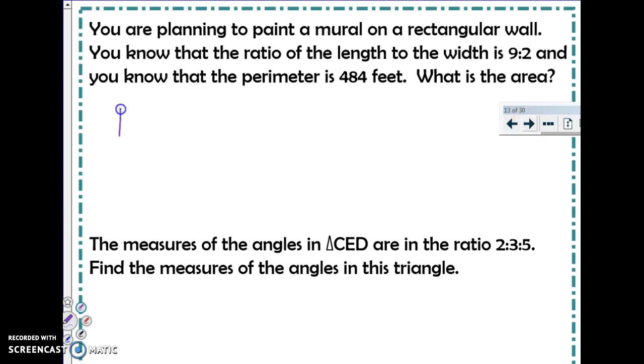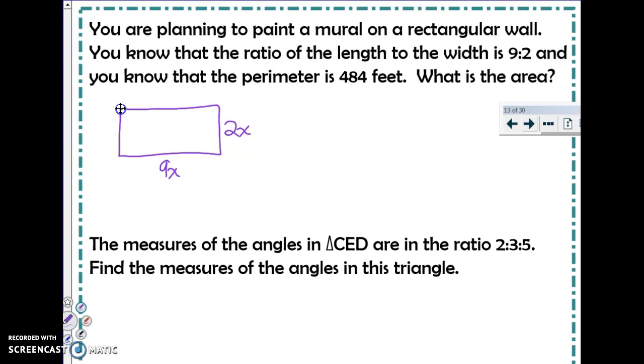be a rectangle. So right away, I'm going to make a model to kind of work off of, and I'm told that the ratio is 9:2. Because this is probably not 9 feet and 2 feet, I know that there's a number that can be multiplied against both of those. That's what that ratio means. So I'm going to make this 9x and 2x. I don't know how much that is, but I know that it's the same. They have that ratio of 9:2, so I know that's that same